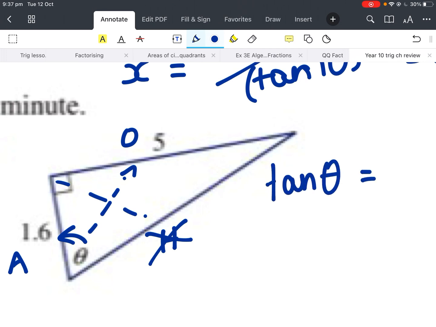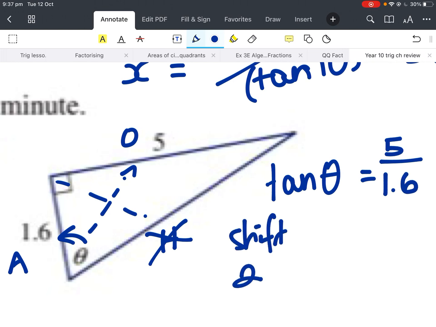Now I'm not going to write it in. Tan is opposite over adjacent. So opposite is 5, that goes on top. Adjacent is 1.6. Now remember, press shift or second function first, then tan, and then that lovely fraction. So I've got a Casio, so I'm pressing shift, then tan, then 5 divided by 1.6. Mine opens a bracket, so I'm just going to close them. And I get